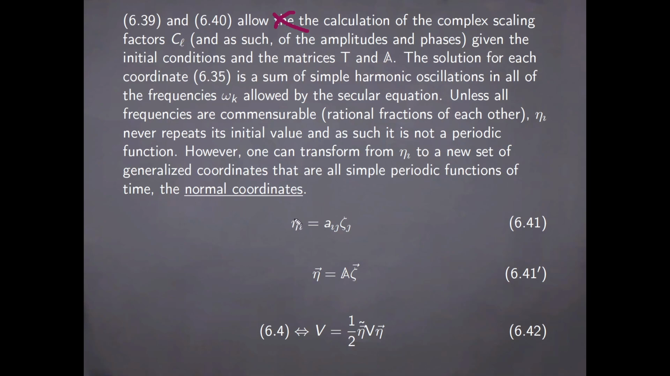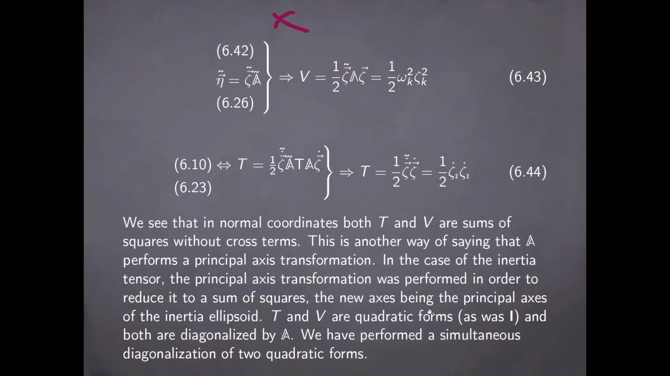So we can write the etas as a linear combination of these zeta normal coordinates, or if we want to write this, we can cast this as a vector equation, as a matrix equation in effect, in the form here. Now remember from 6.4 that the potential energy is given by this particular contraction. Then if we take this result,